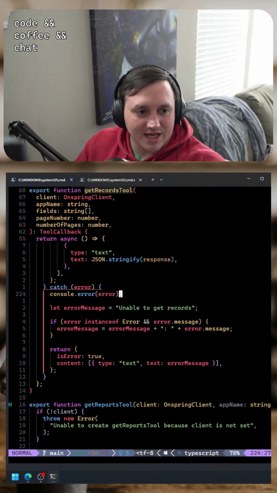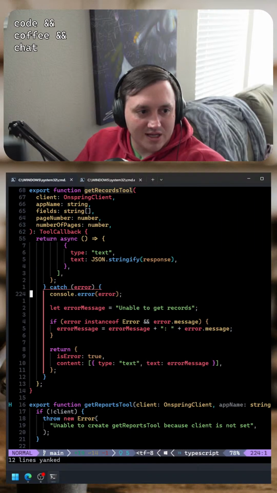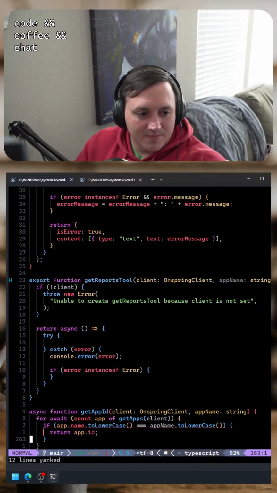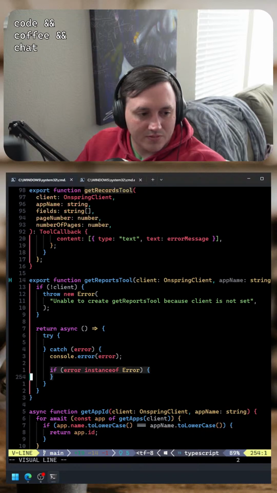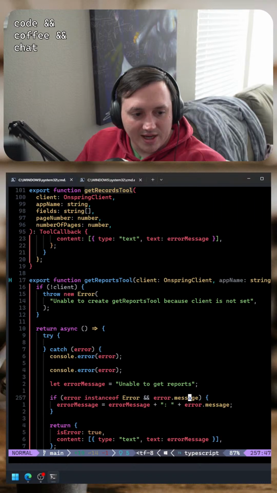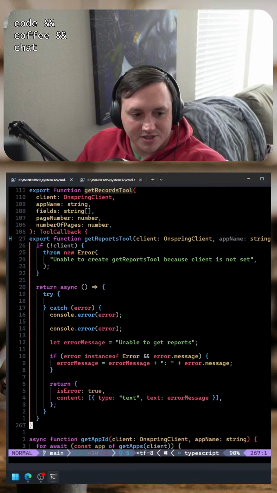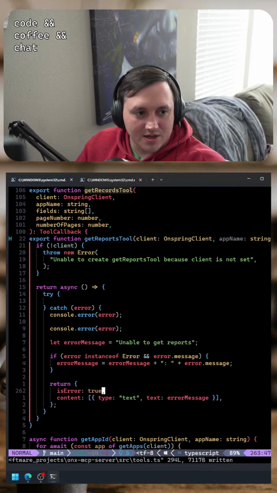We basically want to do this exact same thing. Copy pasta. But instead of unable to get records, it should say unable to get reports. And if it is an error and the error does have a message, then we're going to append that. Otherwise, we're just going to return that generic message.